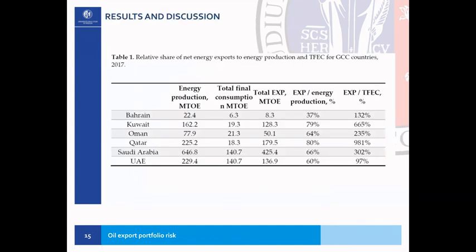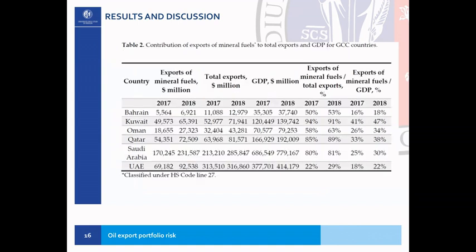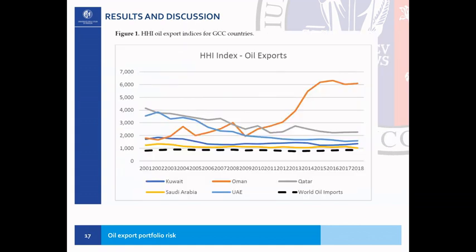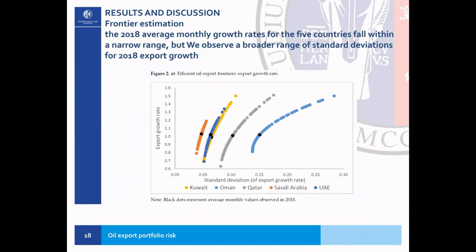So what we have done was to take the data. I don't want to bother you with the usual data that you know very well. We have taken essentially the data for these countries as classified under the HS code line 27 in the statistics. We've done some preliminary analysis, but I want to bring you to the fitted result of our equations. Very simple. As you can see, the parabolic shape of our export growth rate for each country, put in relationship with the standard deviation of the export growth rate, gives the following results.